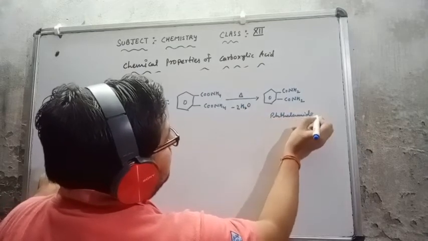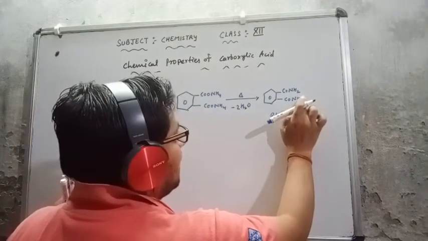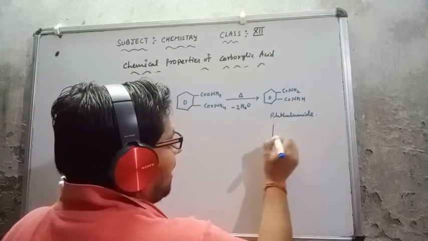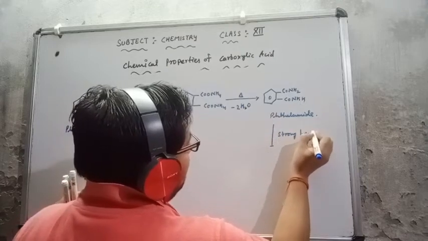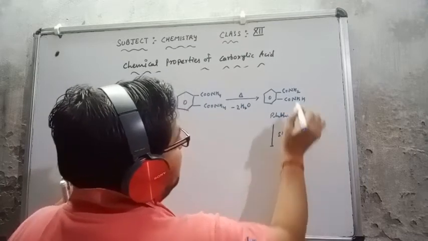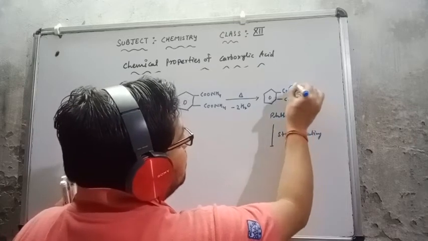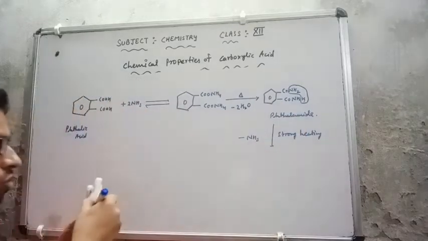So this is the phthalic acid, and this is phthalamide. Now if I heat this phthalamide more, suppose I write this NH2 in this way, NHH. Suppose I am strong heating it, I provide strong heating to this phthalamide. Then NH3 is going to be eliminated from here. So what is released? NH3 during the strong heating.